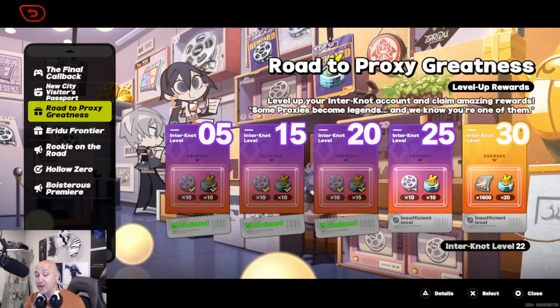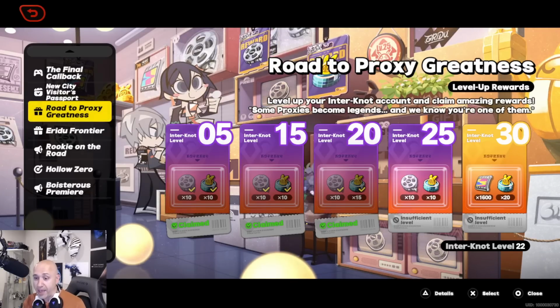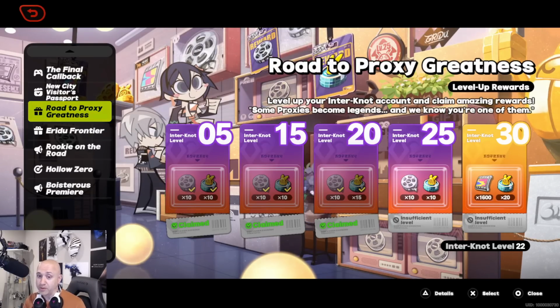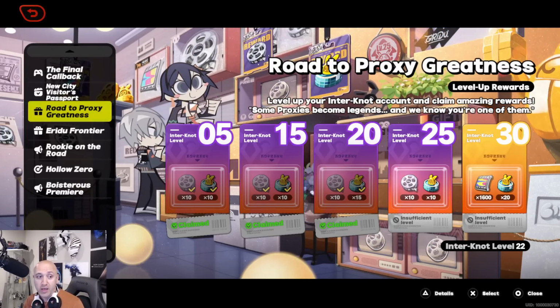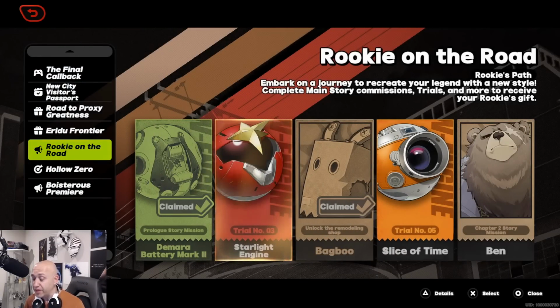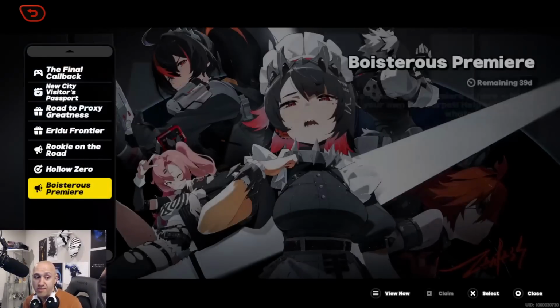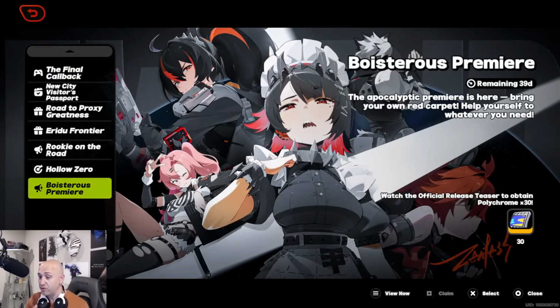But along the way, you guys can see here, you get the basic summons and you get the bangs as well too for summoning, which you'll be able to do later on as you unlock it at level 20. Iridu Frontier will also give you a free character. Rookie on the Road will also give you guys various different items. Hollow Zero will also give you guys various items,